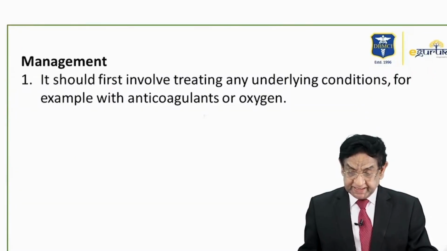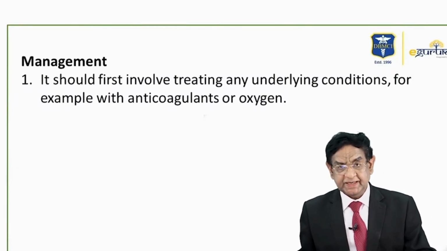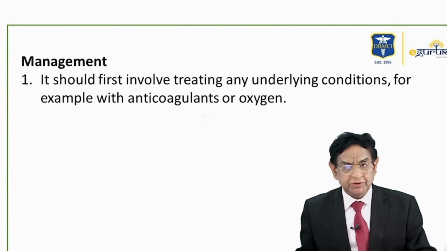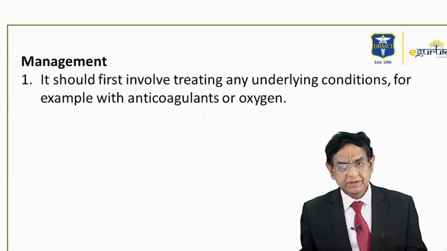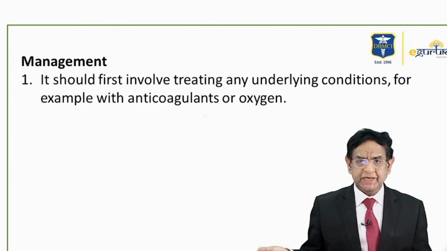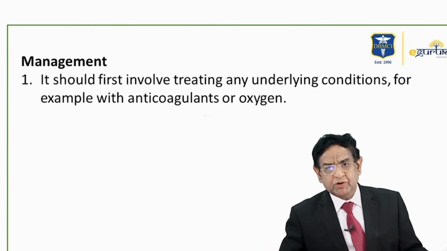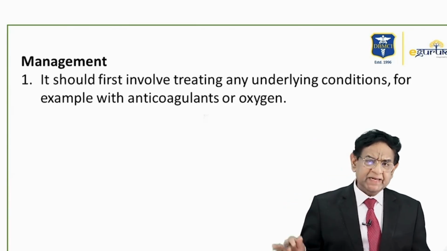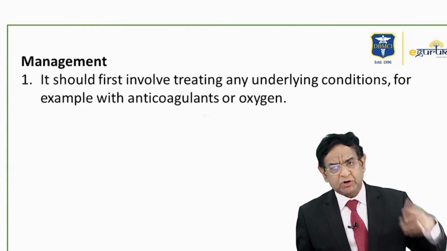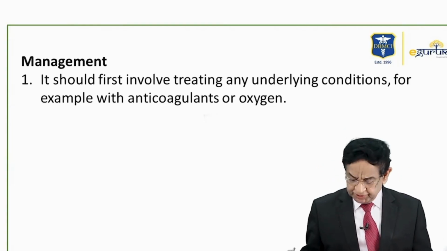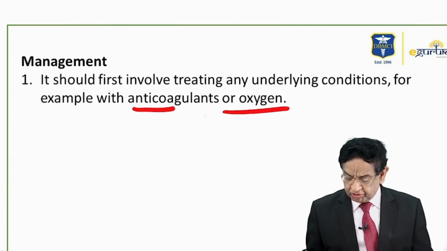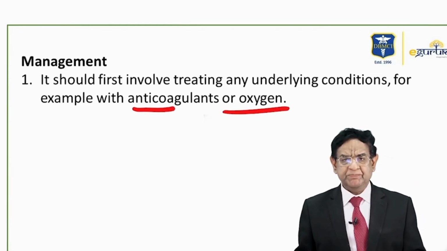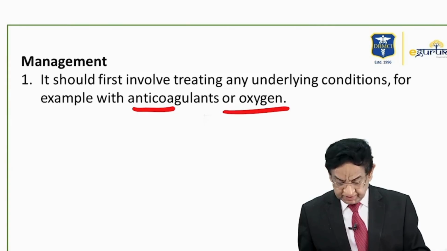Well, as far as management is concerned, if it is due to a secondary cause, you treat the secondary cause. Like chronic bronchitis, you treat chronic bronchitis. Unless you treat chronic bronchitis, PAH will never go. Like in mitral stenosis, you treat the mitral stenosis, automatically PAH will go. You may have to give anticoagulation or oxygen depending on what the problem is, right? But